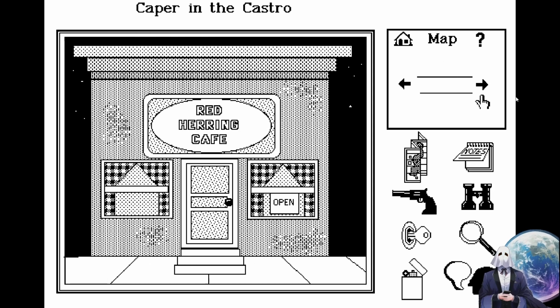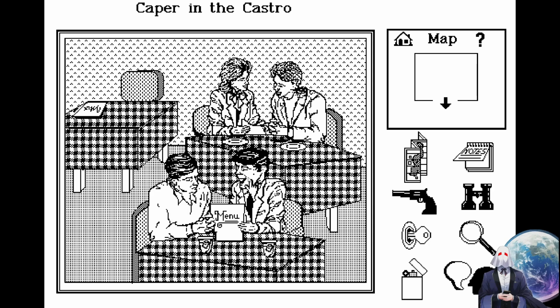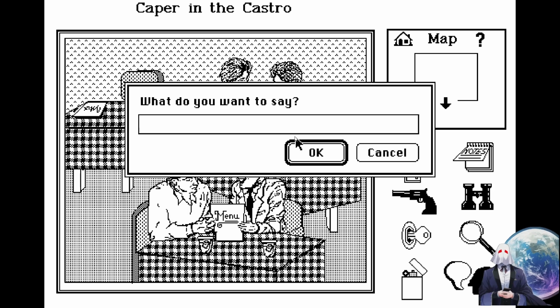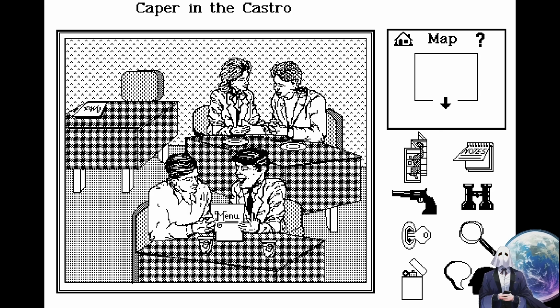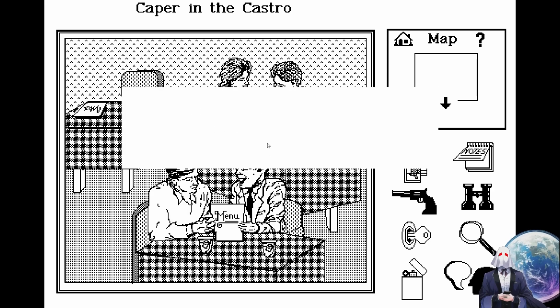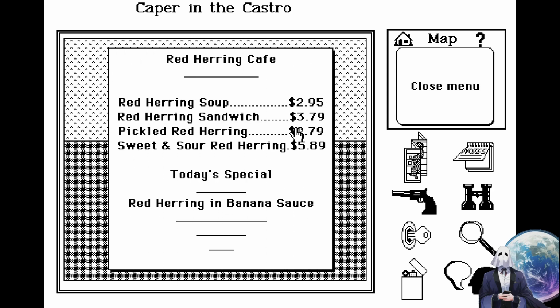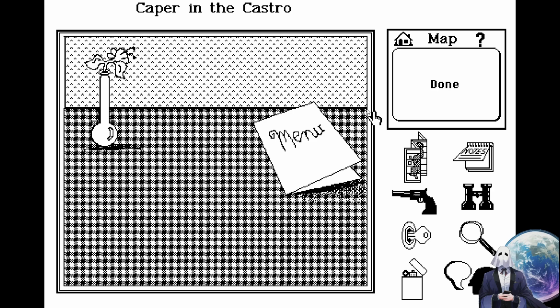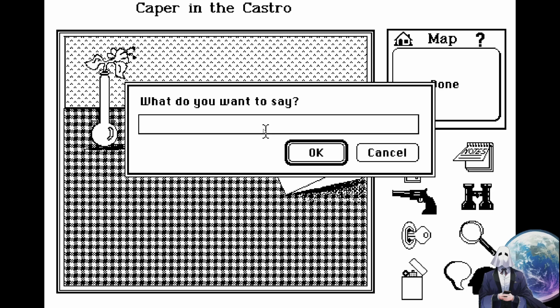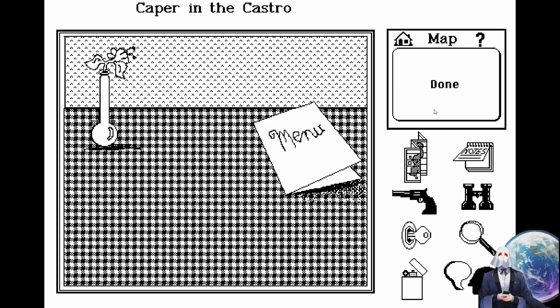But I might be able to talk to somebody in the Red Herring Cafe. What do I want to say? Well, there's nobody to talk to, I guess. Hello. Nobody can hear me. Right. Glass of water, etc., etc. Yes, I'll be seated. I must be able to summon a waiter somehow, because I saw a screenshot where... Oh, can you hear me?